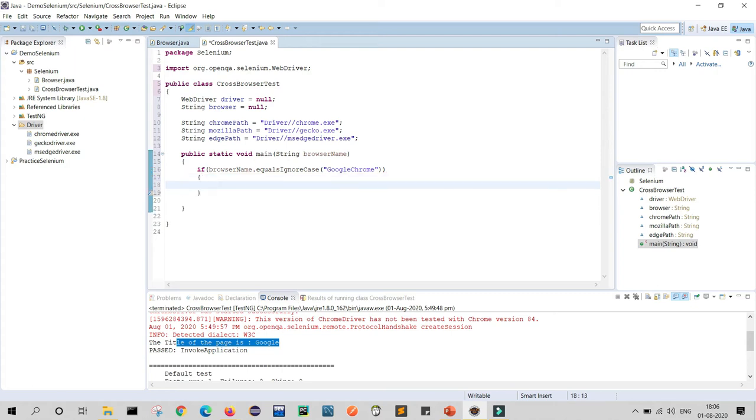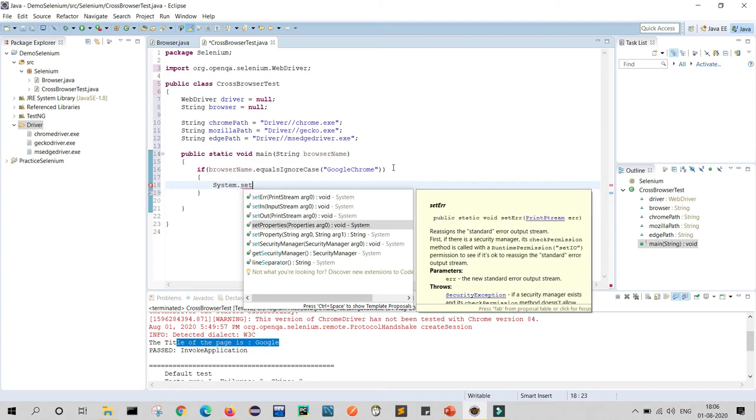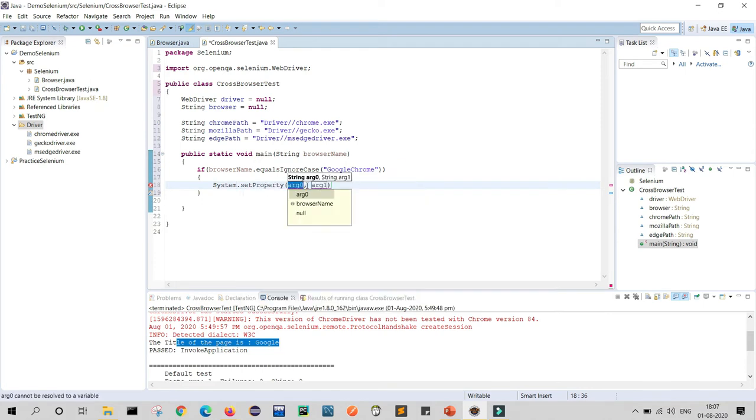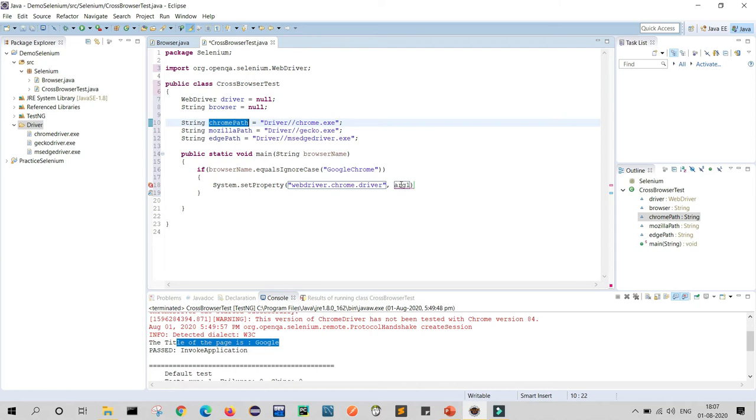If my condition matches, then what happens? It will launch. So how can it launch? First it will set system properties. So I will just set my system properties here. System dot set property. In argument, what will we write? We will write our webdriver dot chrome dot driver, and in argument 1 we will give Chrome path. So this will come here, and if this condition matches,